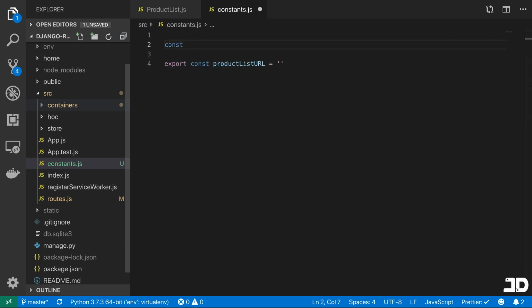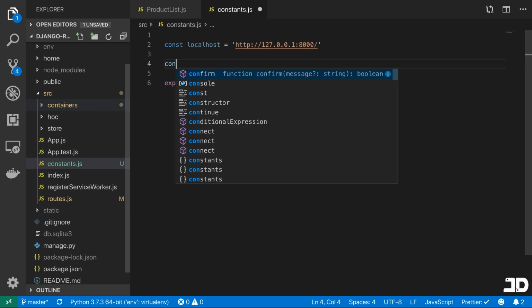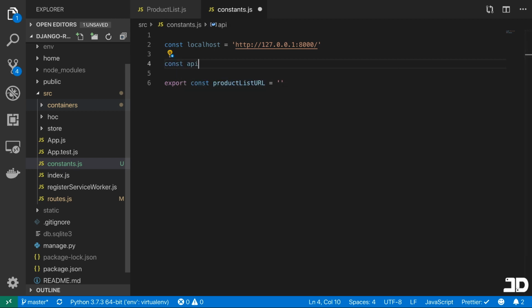So we could say const localhost equals http://127.0.0.1:8000, and then we could say that our const apiURL equals /api,